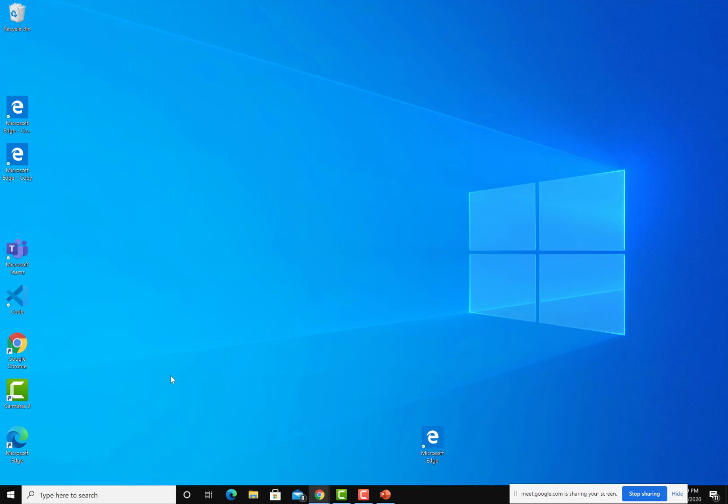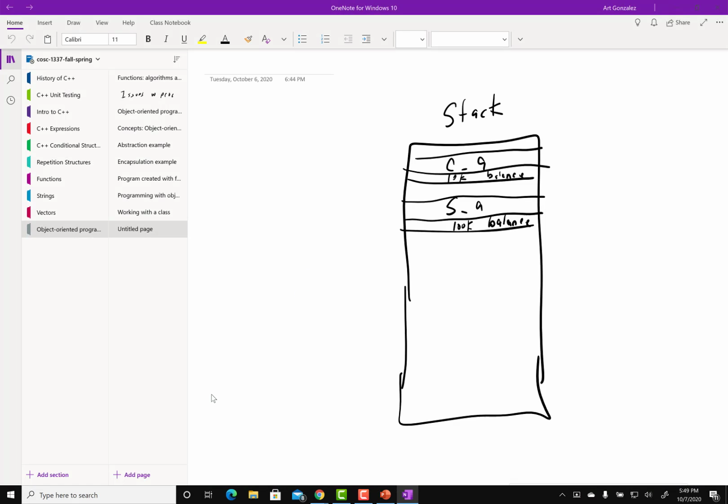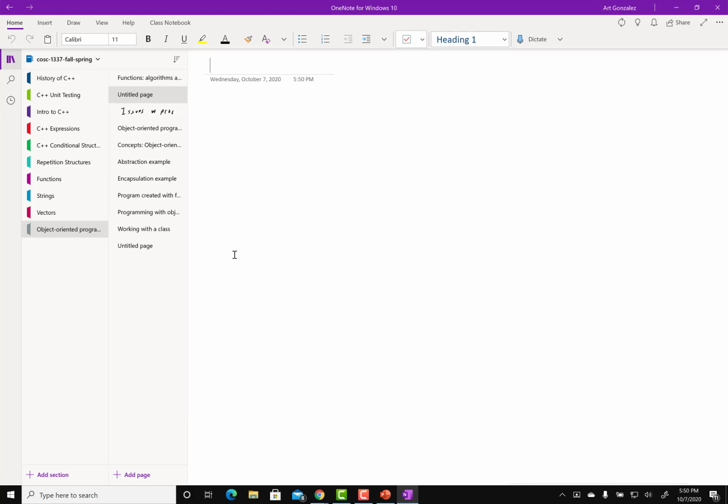So let me open OneNote. Okay, so I'll just duplicate that, right? So